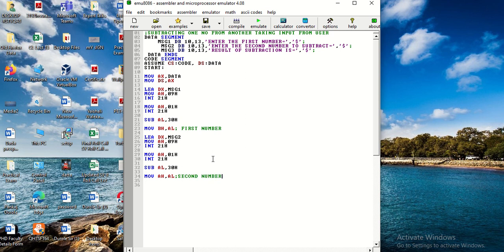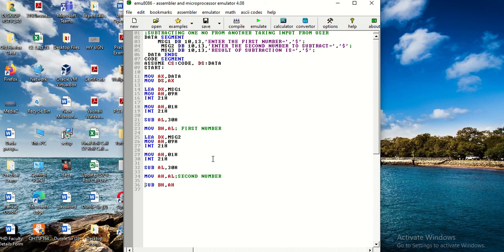Now we will subtract the second number from the first number using the instruction sub bh comma ah, because ah is containing the second number and bh is containing the first number.